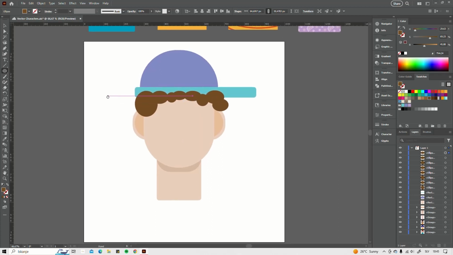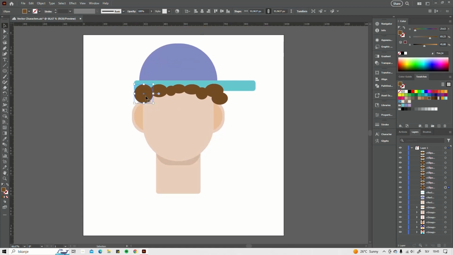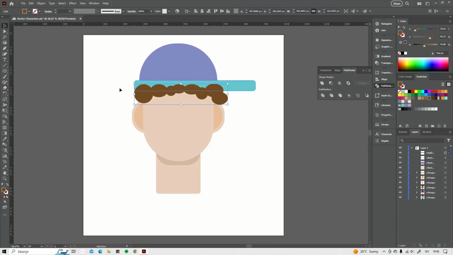Like this. I'm gonna make this circle a little bit smaller. Okay. And I'm gonna select all of these and actually turn them into one object. So go to Pathfinder and merge them all together. So they are one